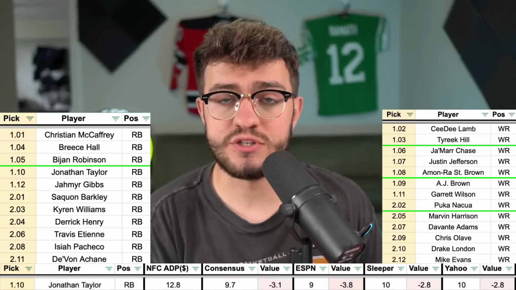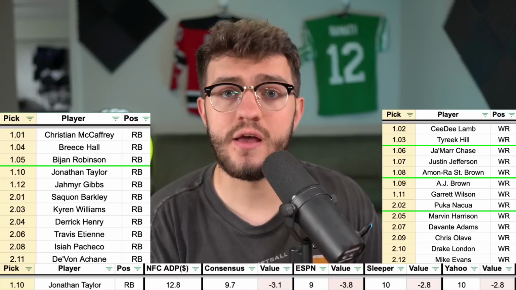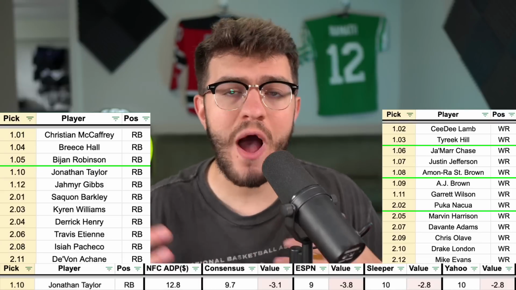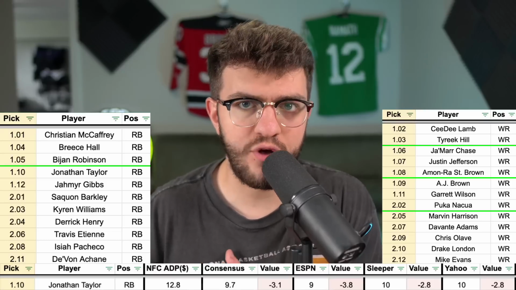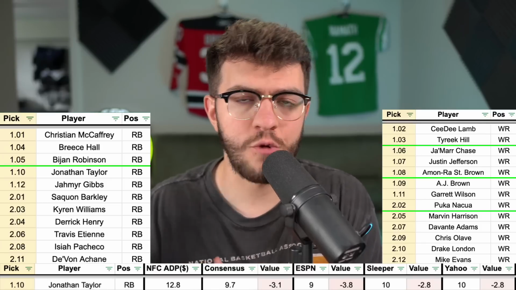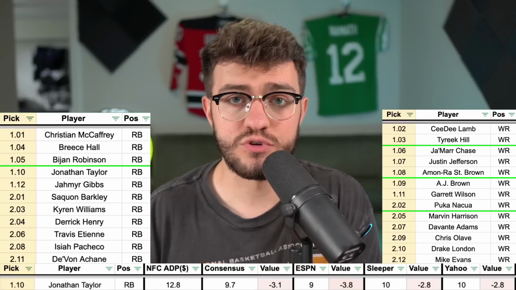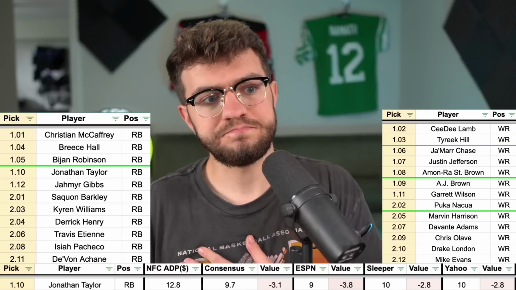At least Garrett Wilson is a tier ahead of the wide receivers that Breece Hall, Bijan, and McCaffrey teams can get in the back half of that second round. So that's how I'm thinking through it. Again, it's not even so much JT. It is that in the second round, wide receiver falls off so much that the only first round running backs I'm really aiming for are McCaffrey, Breece, and Bijan, or else I'm taking a receiver and then getting a running back in round 2. Now, speaking of round 2, one of the running backs I'm not taking in round 2